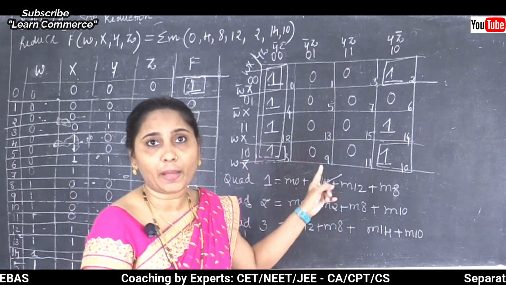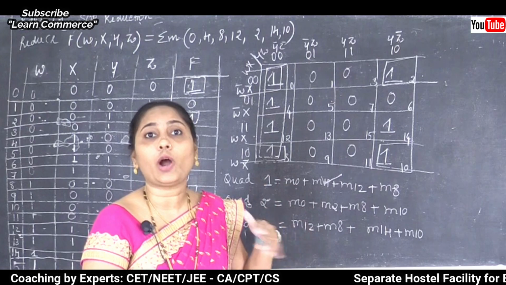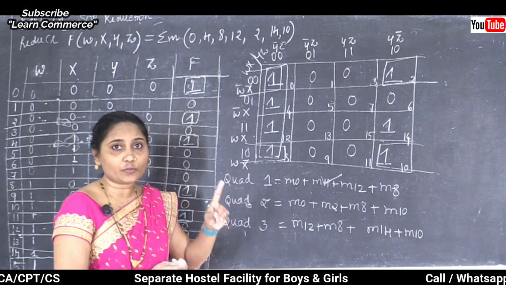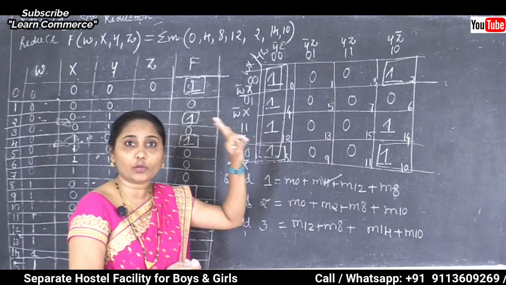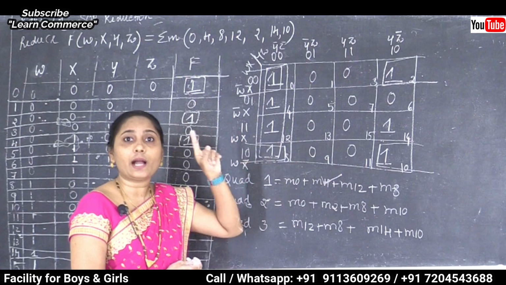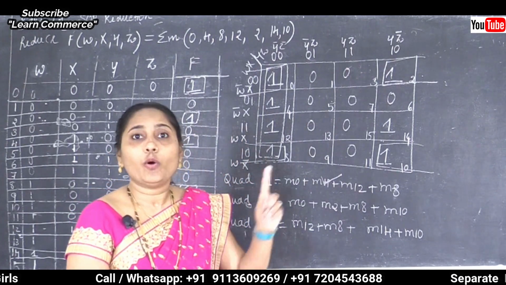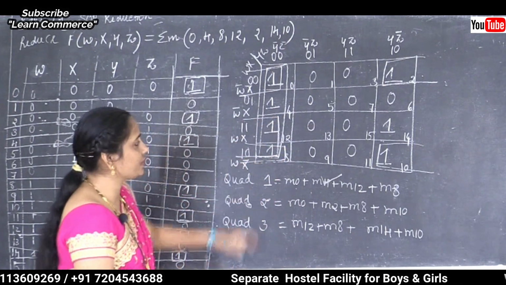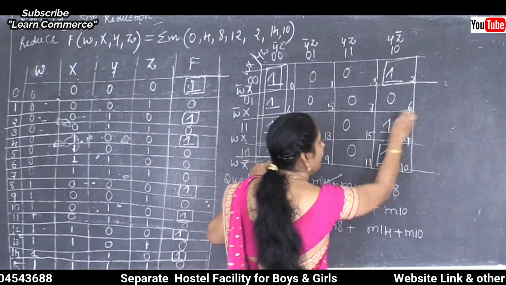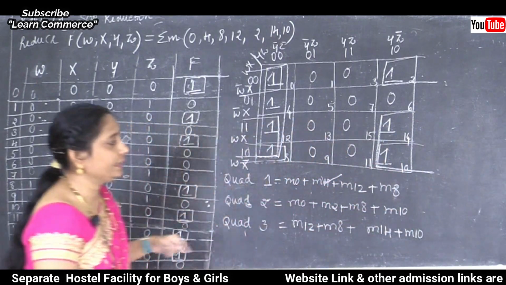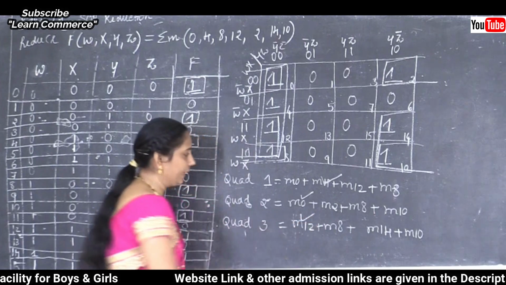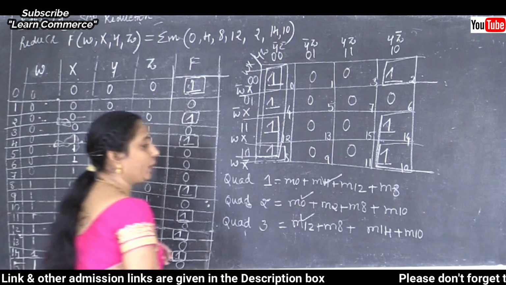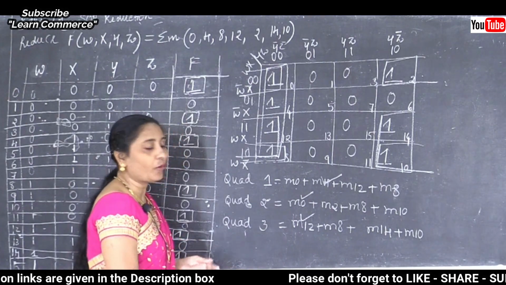It depends on the K-map, and you have to think about how to make the group, whether it is an octet, quad or each and everything. But first of all give importance to the octet, then the quad, finally the pairs, and also importance to the map rolling and overlapping. Clear this point? Now again the quad 3. Quad 3 is 12, 8 and 14 and 10. So we can say that quad 1 is 0, 4, 12, 8. Quad 2, 0, 2, 8, 10. Quad 3, 12, 8, 14, 10.